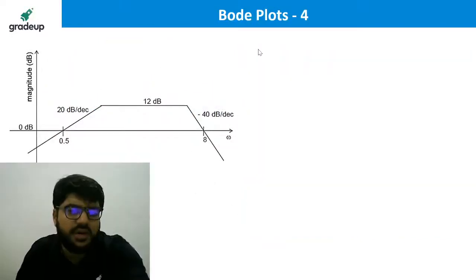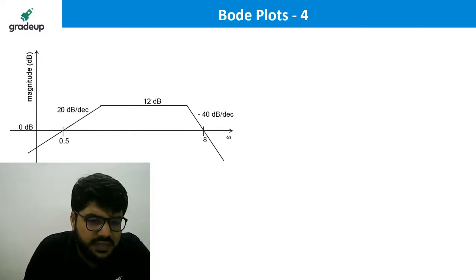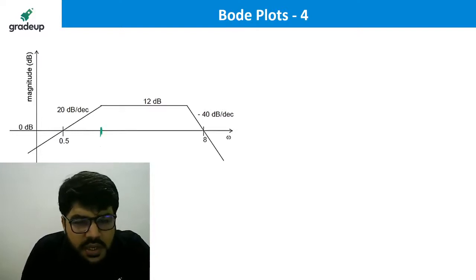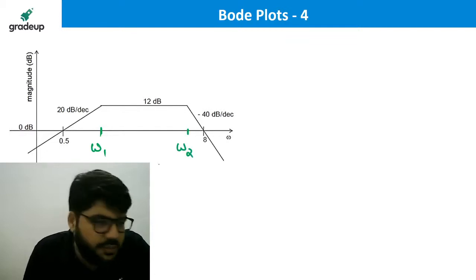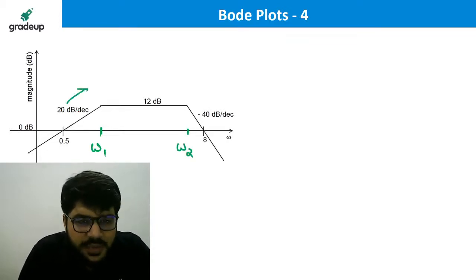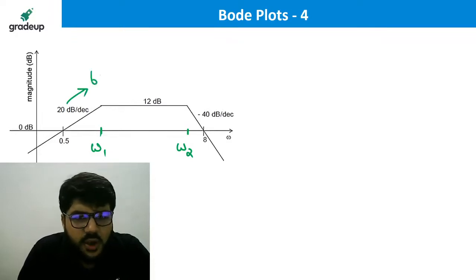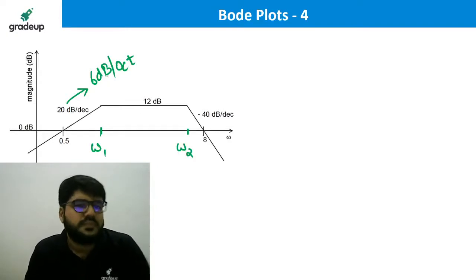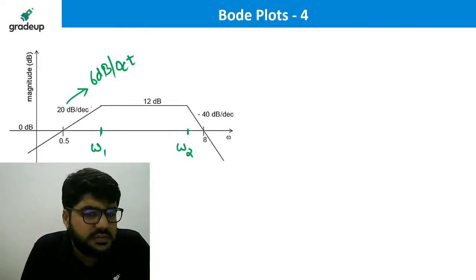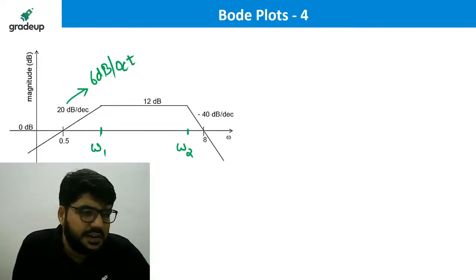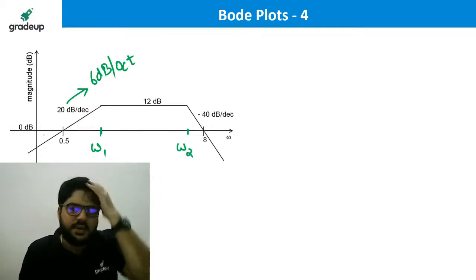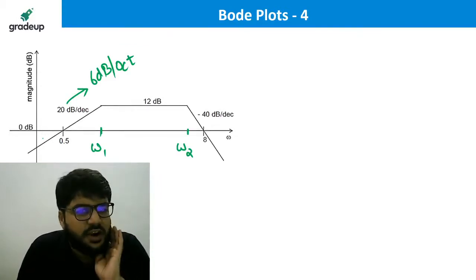But if you want more details about the question, that also I will explain to you quickly. See, let's say this is the frequency omega 1 and let us say this is the frequency omega 2. There also it is simple to solve. Now look at this. This slope is 20 dB per decade. That is also equal to, if you remember, 6 dB per octave. Remember the octave method. 20 decibel per decade is equal to 6 decibel per octave. I am using that octave unit.